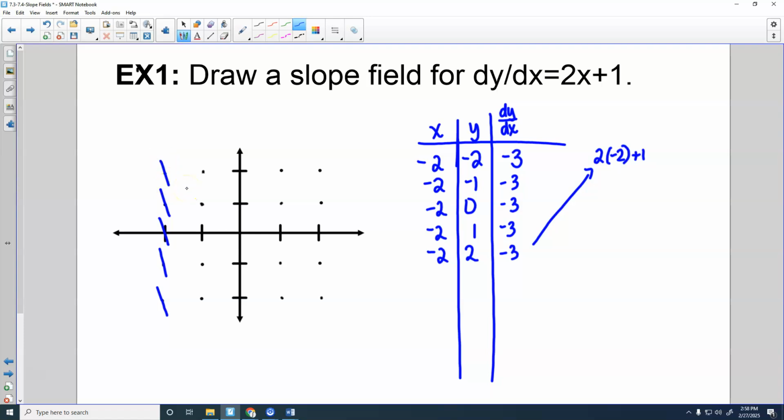That's going to help us a little bit on this graph because since it doesn't depend on y, everything's going to work like that. It's going to make it a little easier to draw this slope field versus some others that we see down the road. So then if I look at this next point,